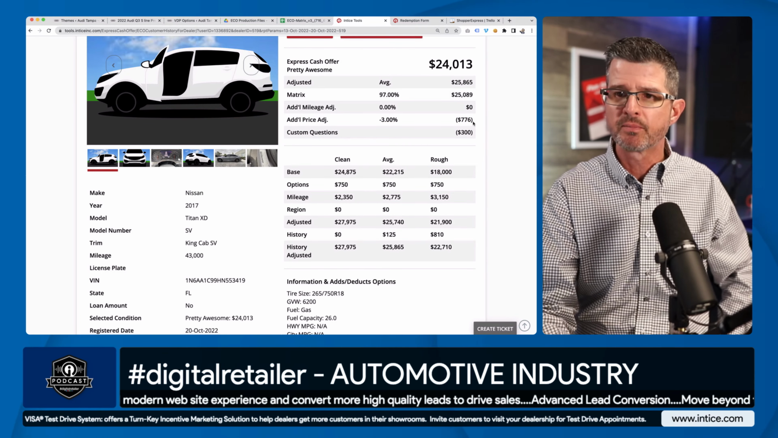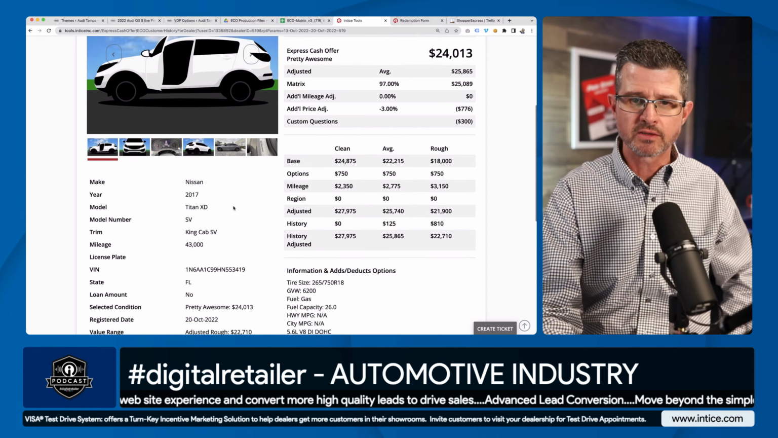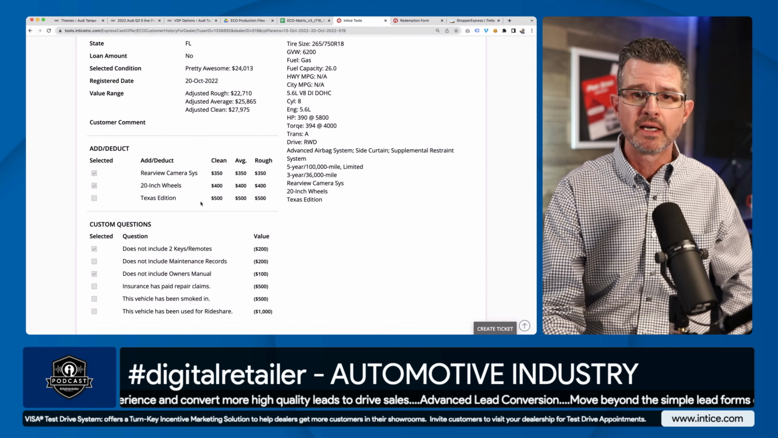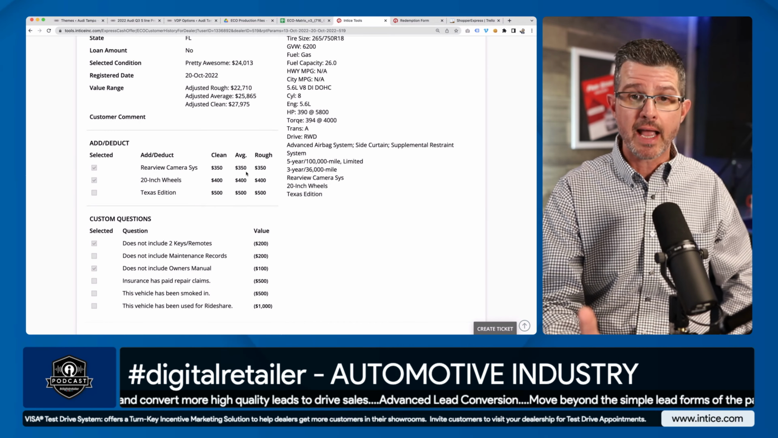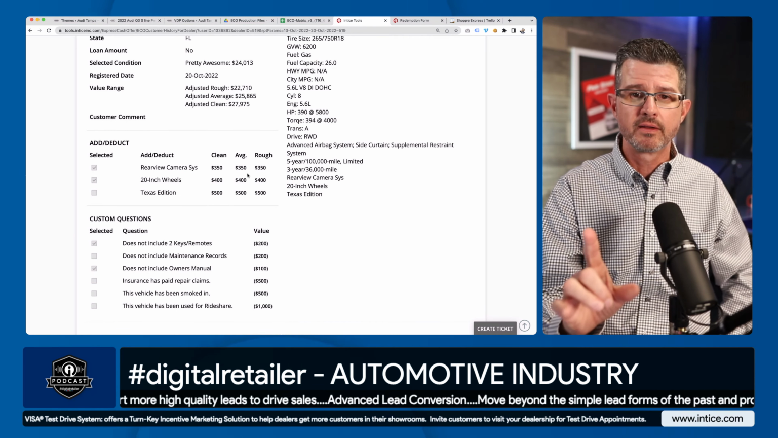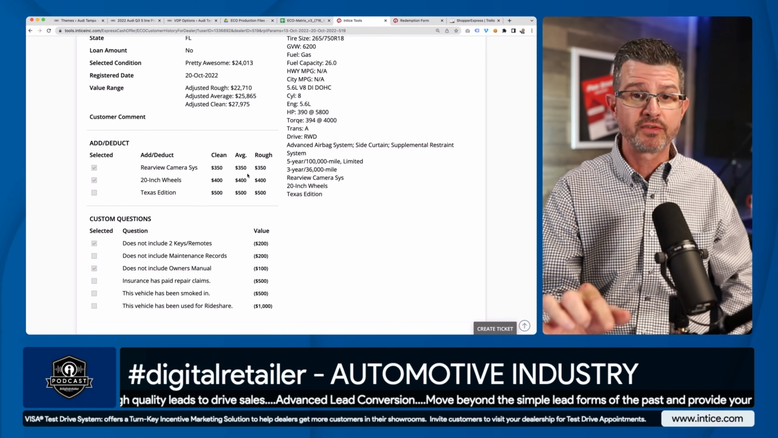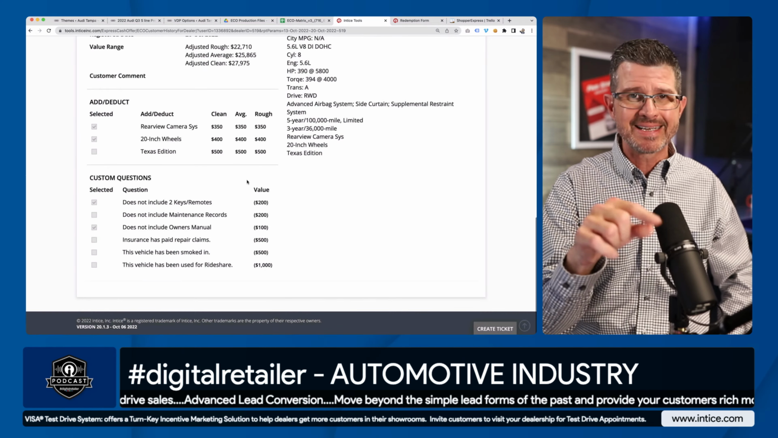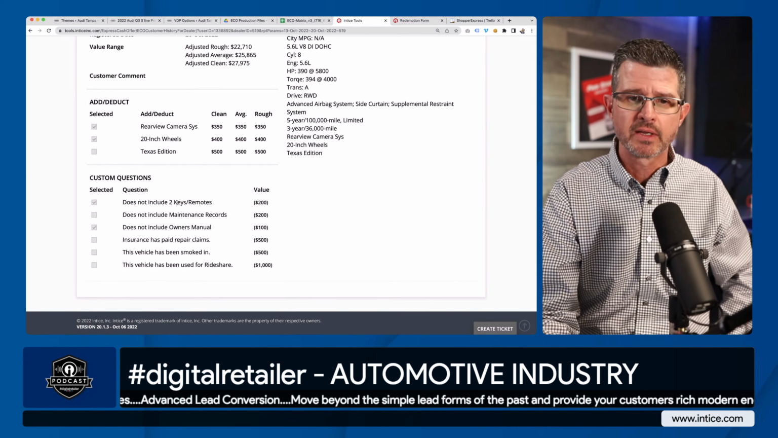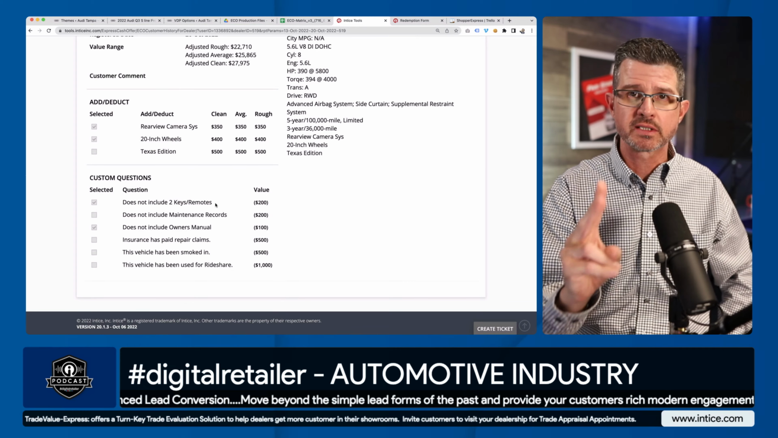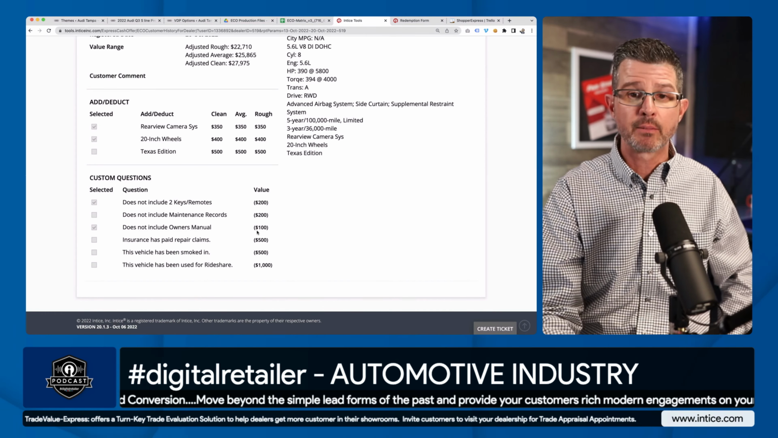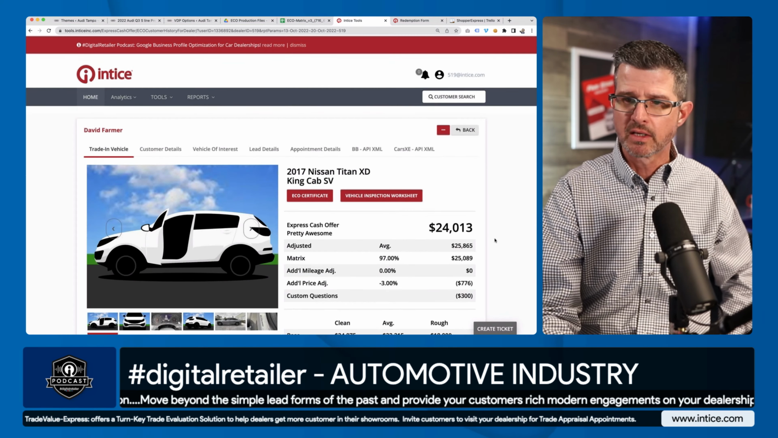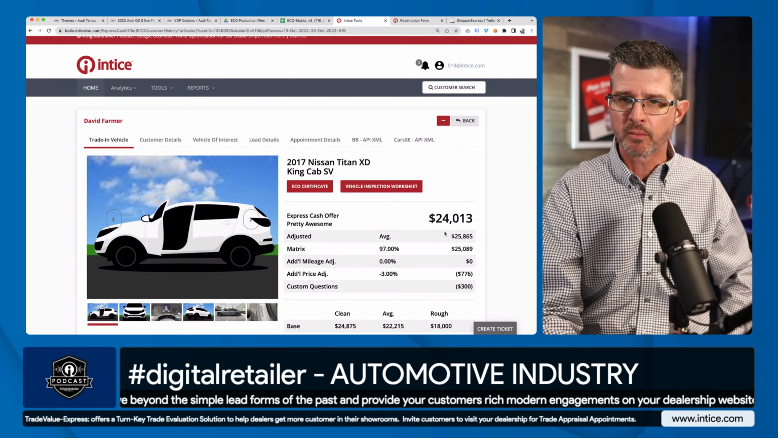We deduct another $776. Now, if we come down here in the bottom left-hand corner, you're going to see that we had ads for the rear view camera system and the 20-inch wheels, which was decoded. Now, if it didn't have those, the customer could have taken those off. And then we deducted $200 because it didn't have the 2 keys and remotes, and we deducted $100 for not having the owner's manual. So you can see right there, we deducted an additional $300, which puts us at